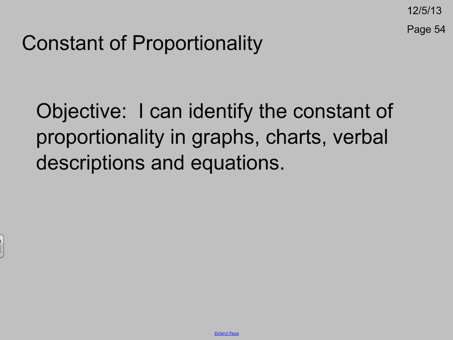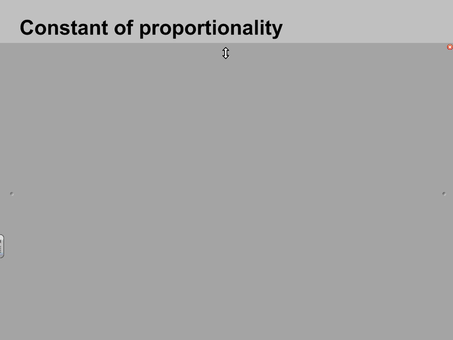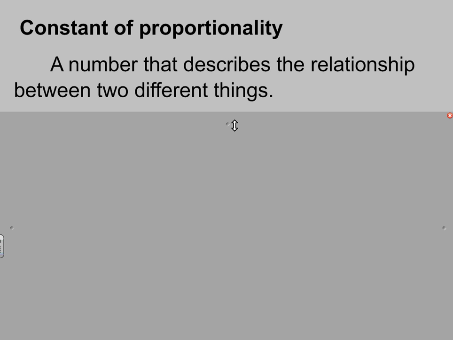All right, so let's talk about what the constant of proportionality is. This can go on the same page. The constant of proportionality is simply a number that describes the relationship between two things. Okay, so the variable that we use for the constant of proportionality is k, and